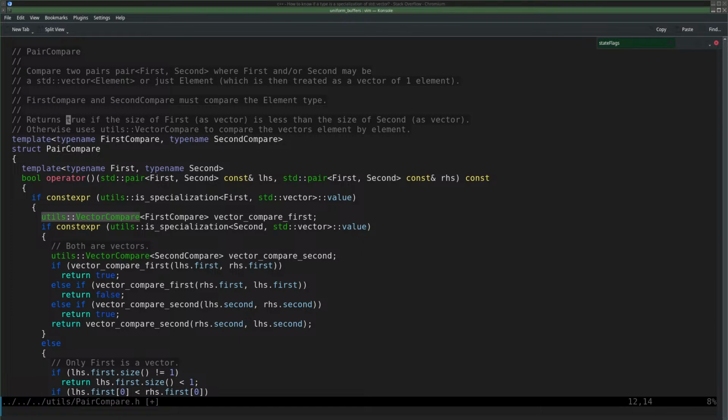Let's forget the word vector and make it return true if the number of elements of first is less than the number of elements